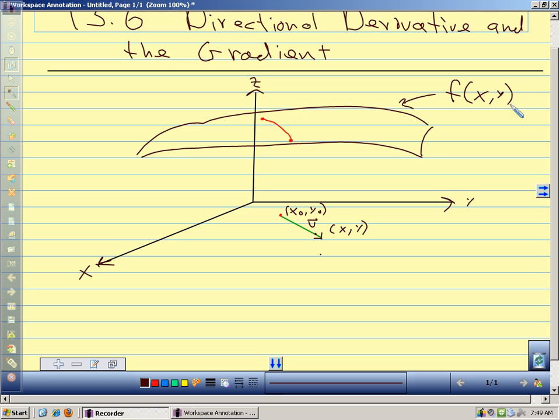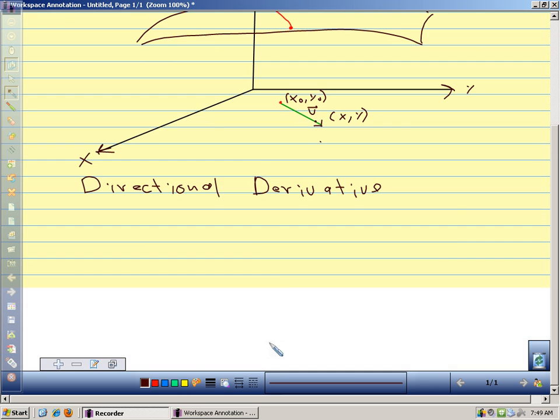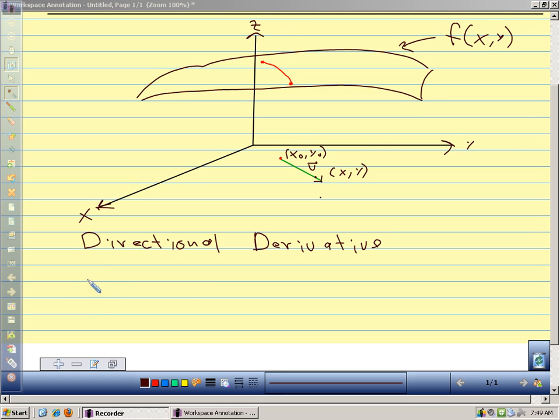And we're going to define the directional derivative. We call this the directional derivative, and our notation for the directional derivative is the derivative in the direction of u of f of xy equals the limit as we're going to say delta t approaches 0